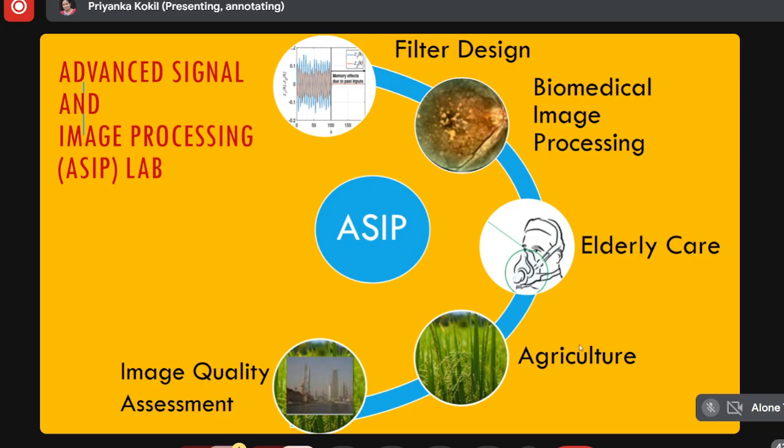Mainly on ultrasound we have worked, and there what we try to do is identify if there is any kind of abnormality,